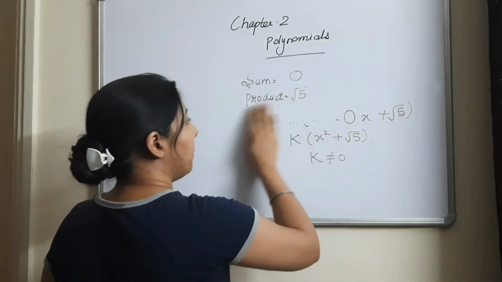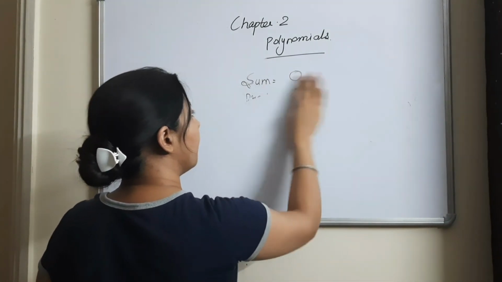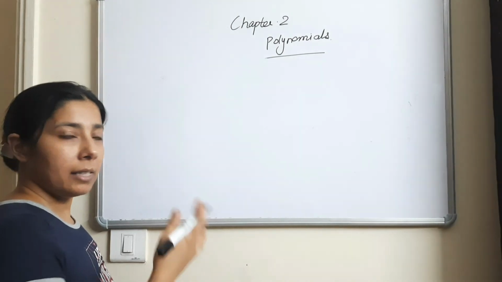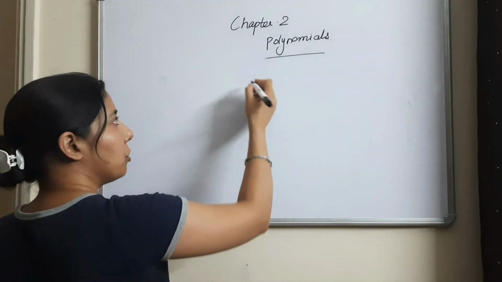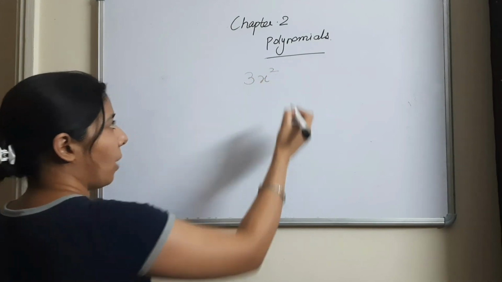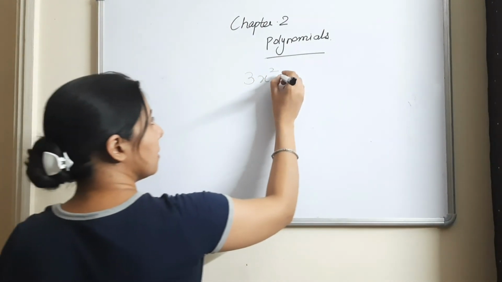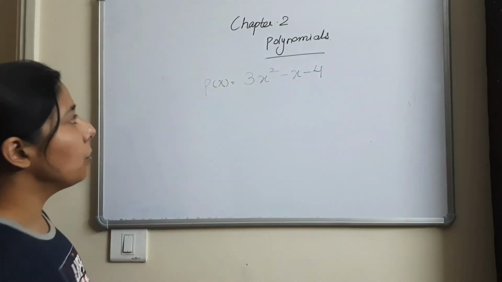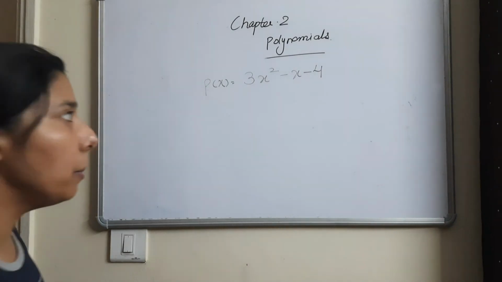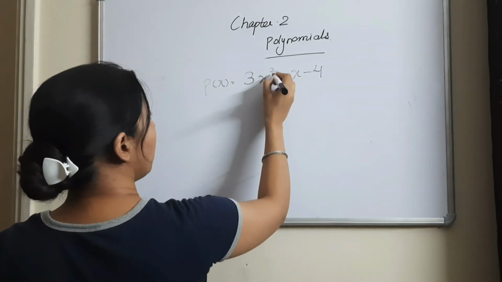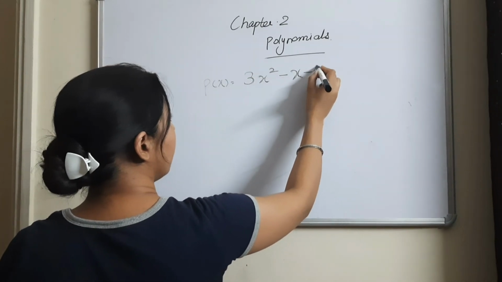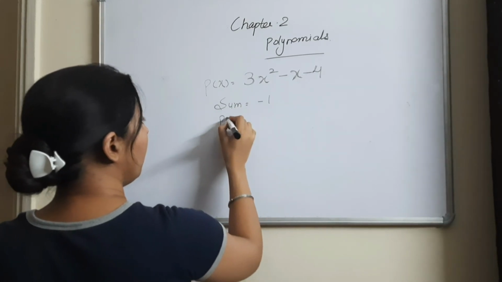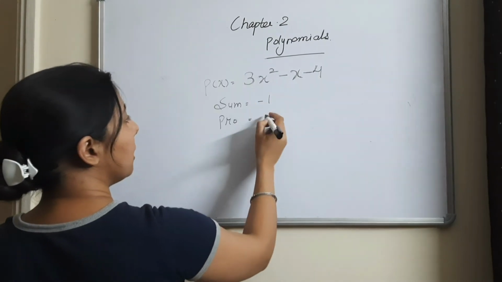So I am taking one more example now. Let's take a question in this way, and we will verify the question also. If I am given a question like 3x square minus x minus 4. This is a polynomial, and you are asked to find the zeros of this polynomial. What will we be doing? Yes, what will we be doing? We will first calculate the terms whose sum will be minus 1 and product will be minus 4 into 3, that is minus 12.